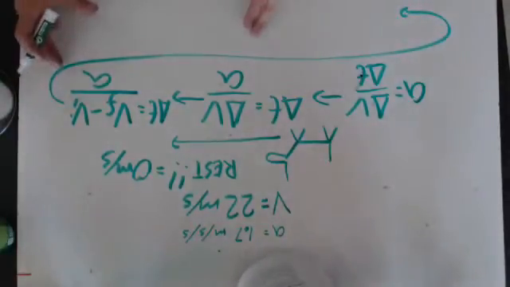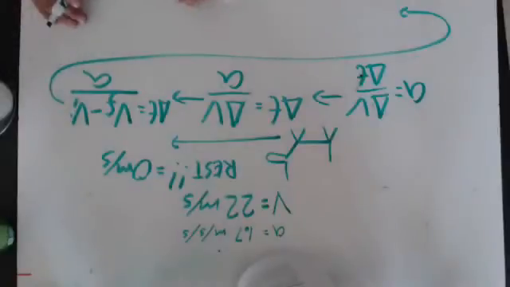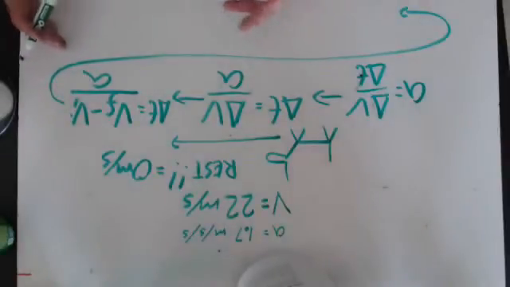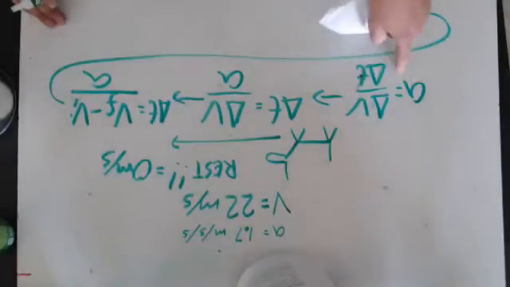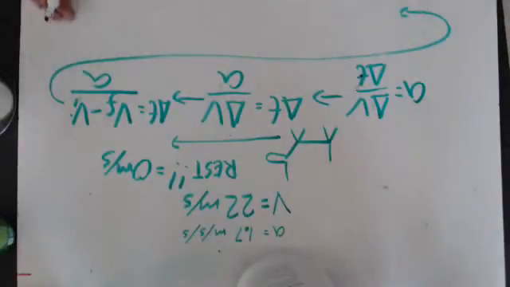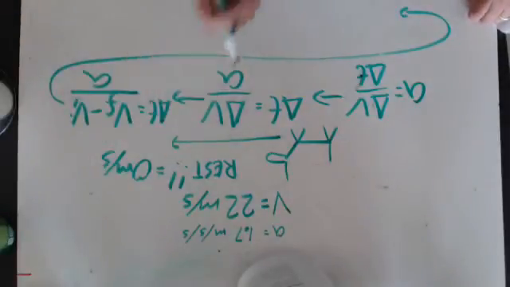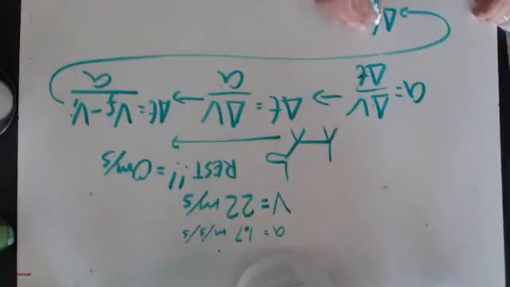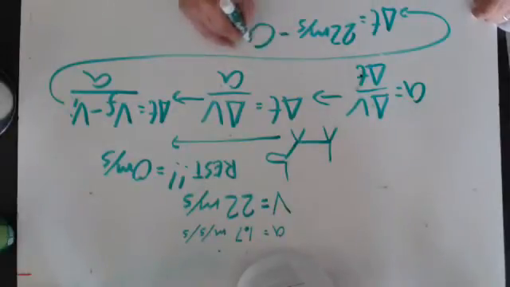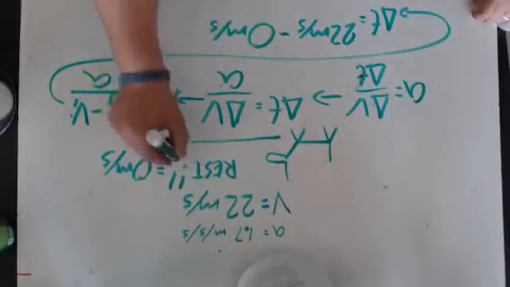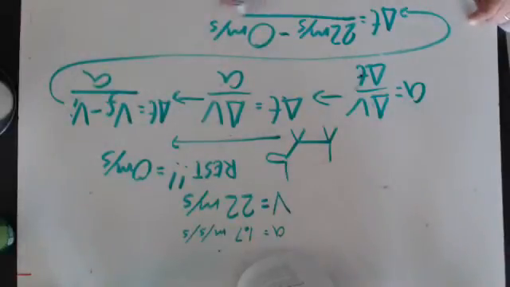I've gotten all the way to the point where I've moved every term around and expanded out my equations. Now I get to the point where I plug in numbers. I really don't want to start plugging in numbers at the very beginning; I'd rather do it at the very end. So v final, as we said, is the speed the antelope gets up to. So that's its final velocity. So delta t is equal to 22 meters per second minus 0 meters per second, because remember it starts at rest, over